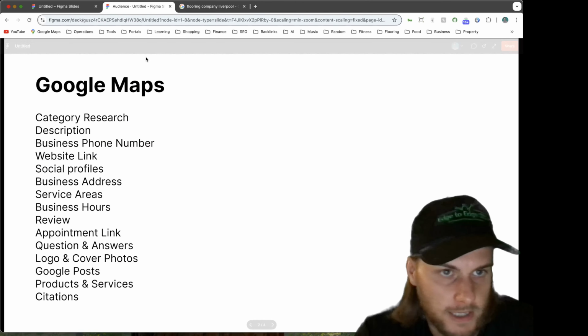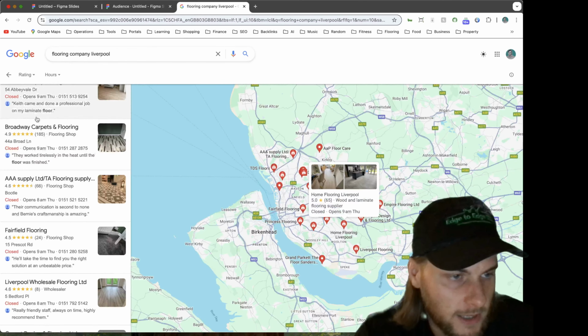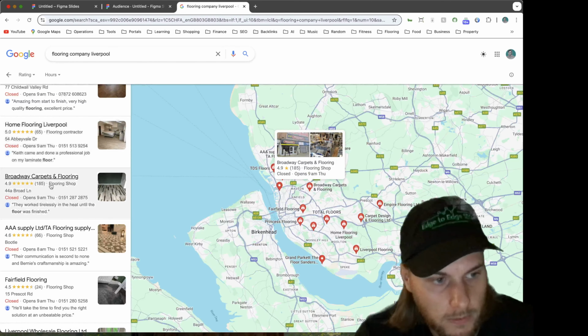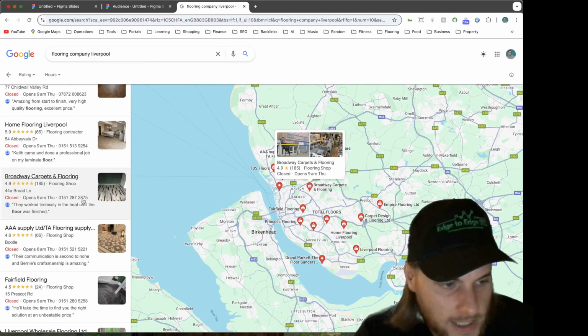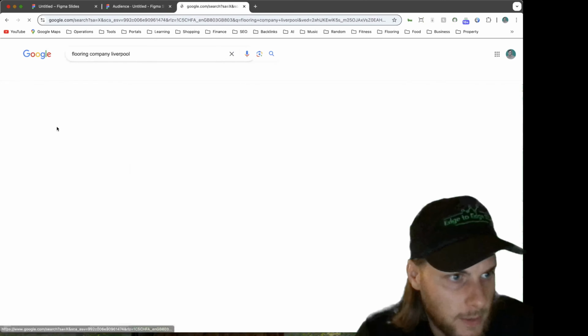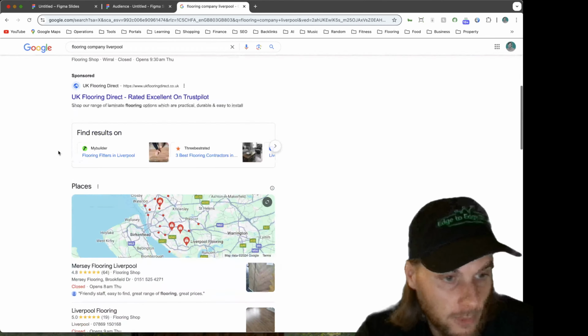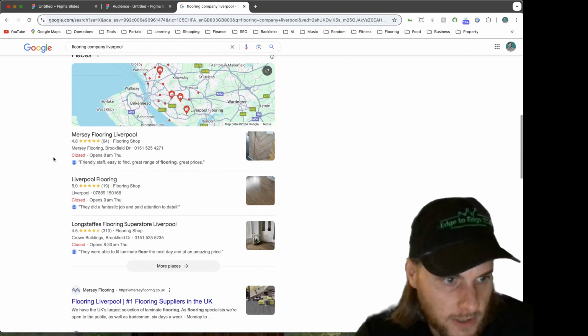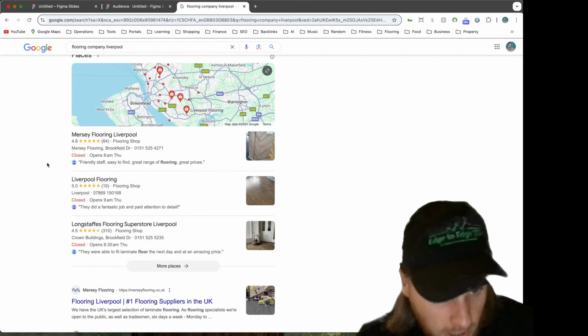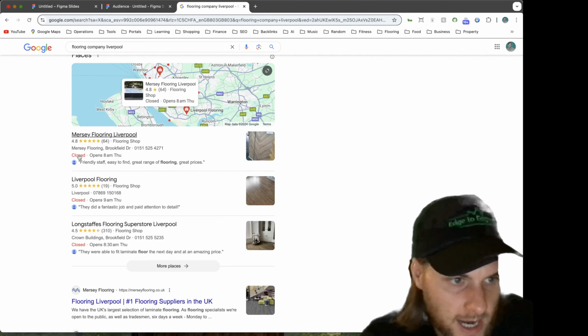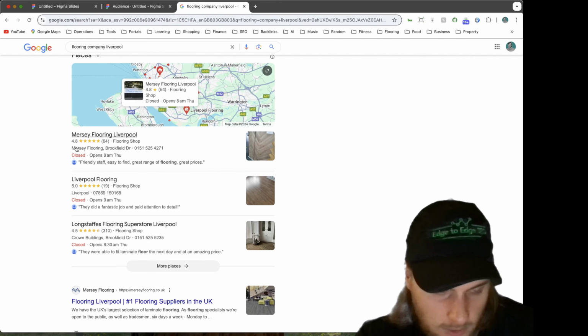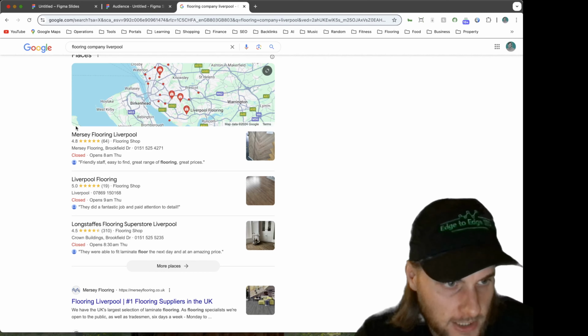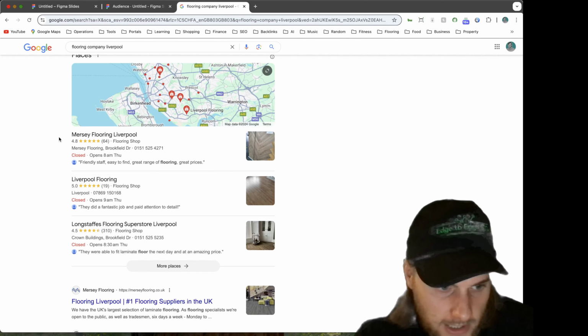Next thing you want to be doing is a good description. So a good description is going to be taking into account all of the categories that you've just researched, and it's also going to be taking into account your keyword research. So you should have already done some keyword research to establish what type of keywords people search for your products and services, and then you should also be taking into account the categories that you've just researched, and then also the products and services that you offer.